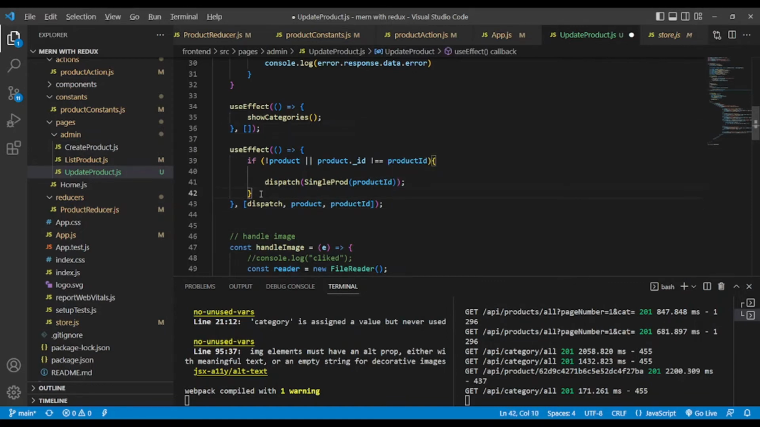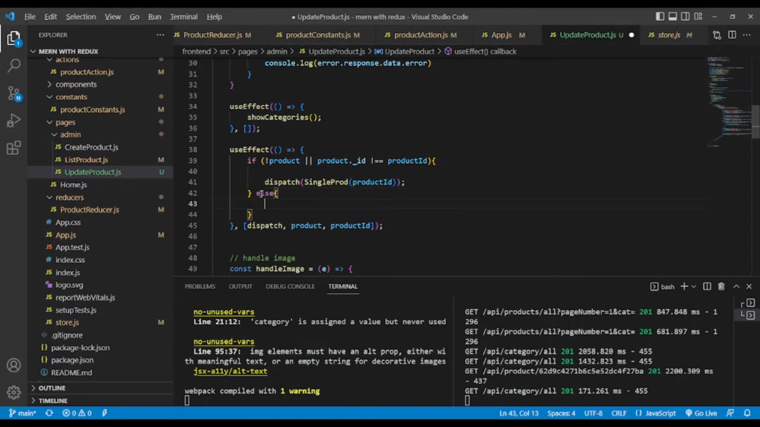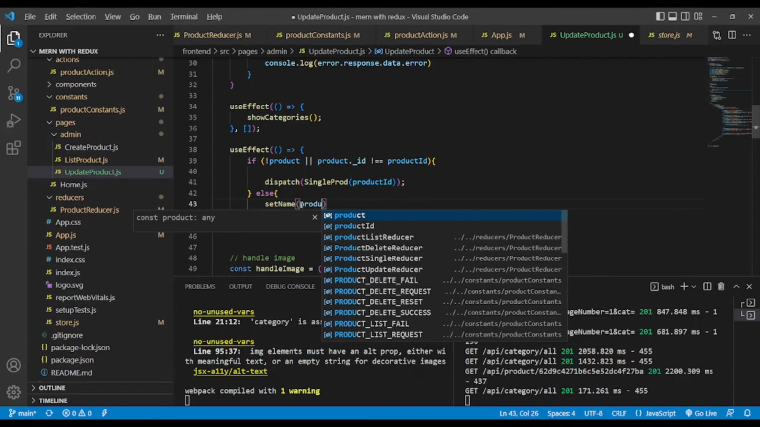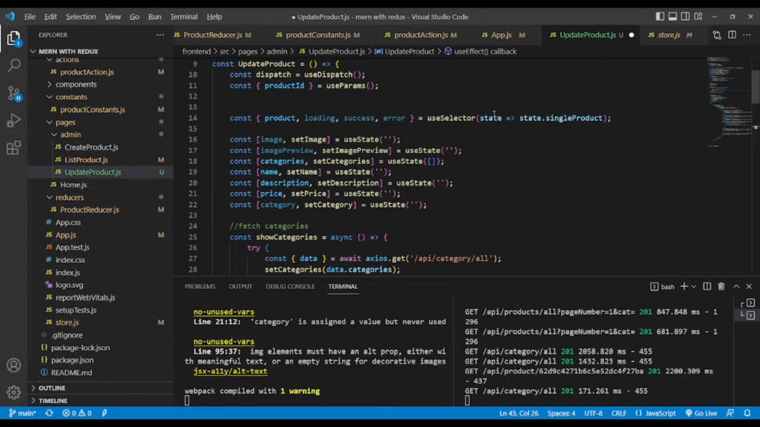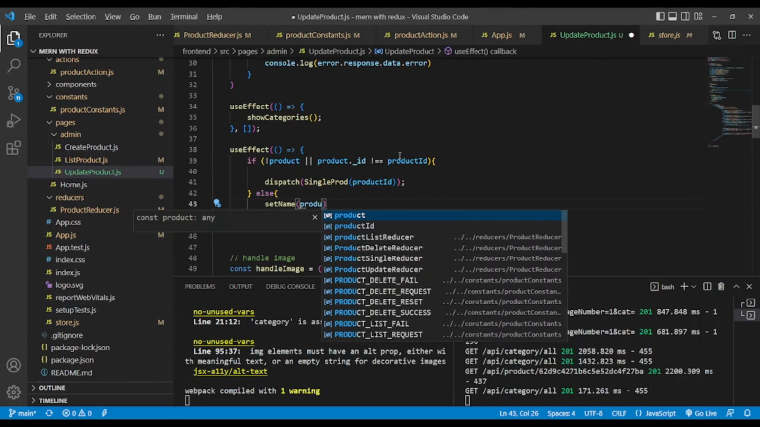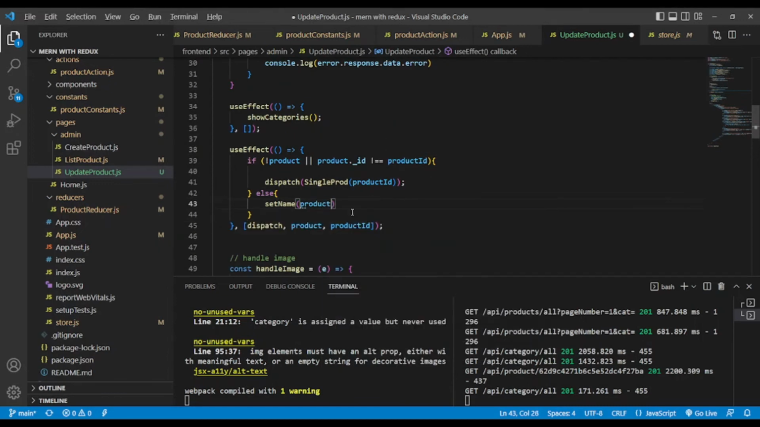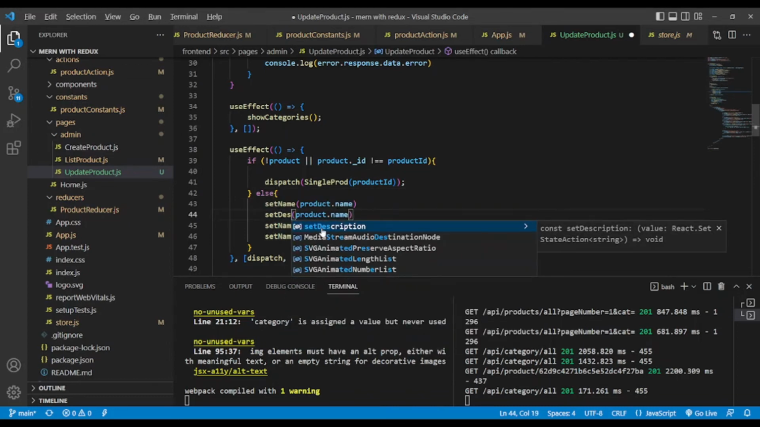And else, set name. Set name will receive product, because we have, as you can see, product from the state. Okay, so product dot name, so let's duplicate. Okay, and here we have description,